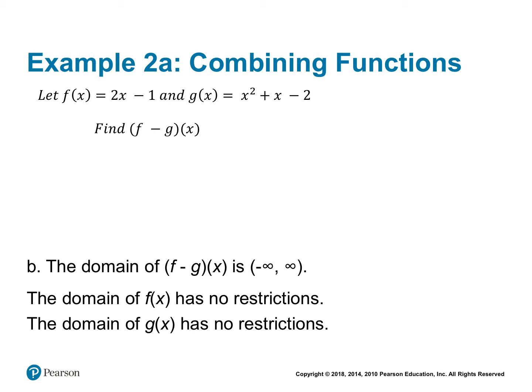Okay, so let's try this one. We have our function f of x is going to be 2x minus 1. G of x is going to be x squared plus x minus 2. We're going to know what is f minus g of x. So if you look back at that other slide, we said this can be written as the f of x minus the g of x. And it has to be that order since the f came first. So we're simply going to take f of x and put it here